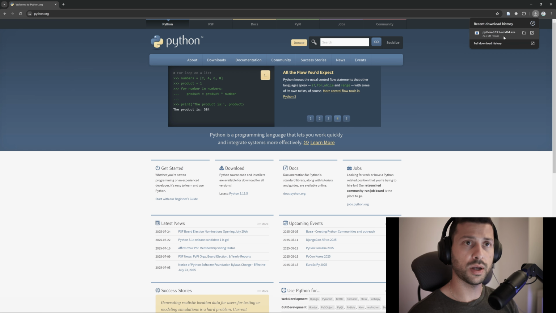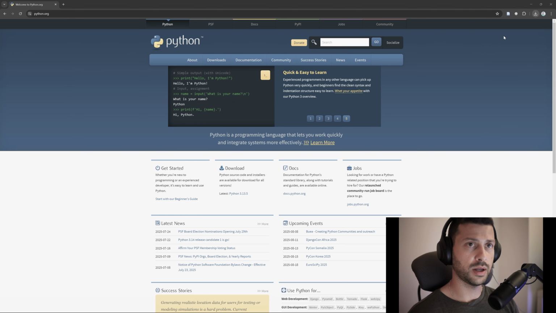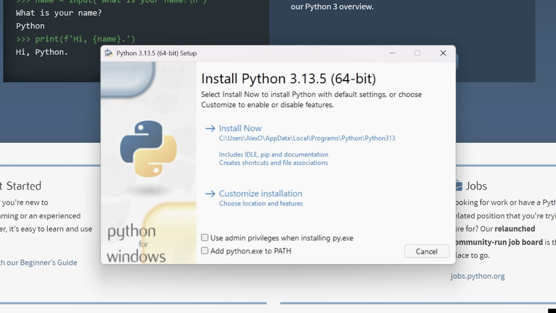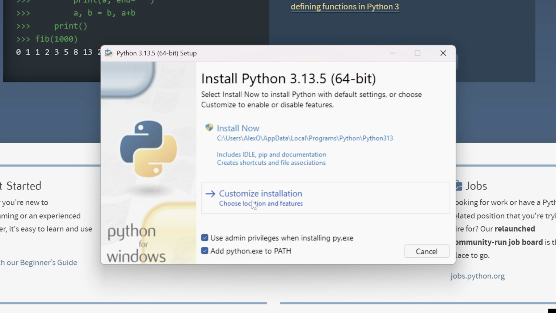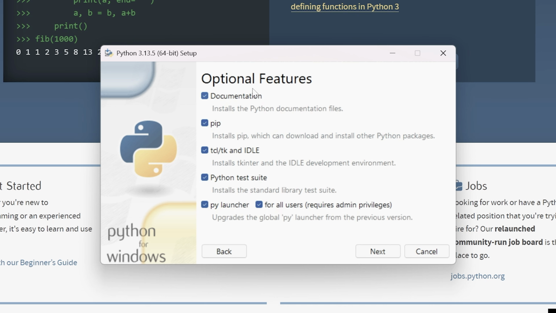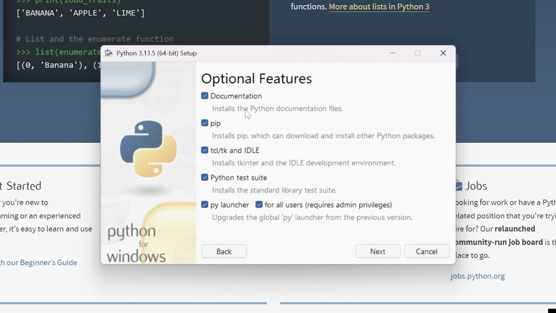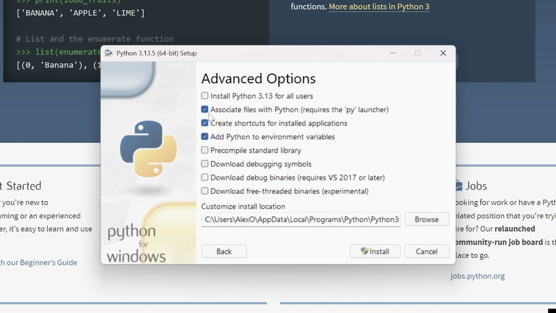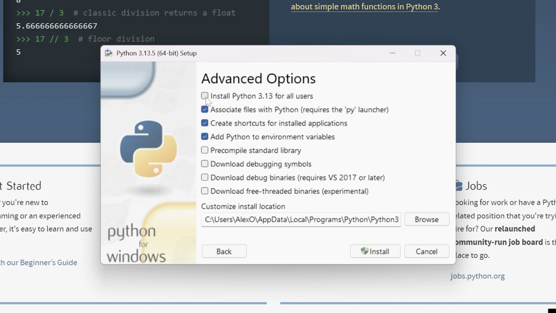So now, in order to install the executable, we need to click on it, and then a window will pop up. You will need now to click those two options down, and then the next step is to click customize installation, and from here you will just leave all the optional features selected, click next, and from the advanced options I suggest you to maybe have the installation Python 3.13 for all users if it's your personal